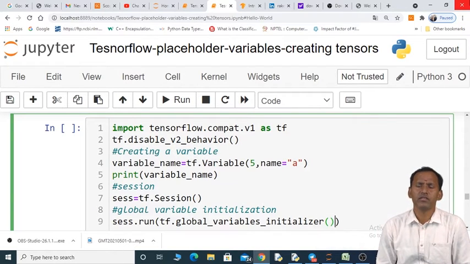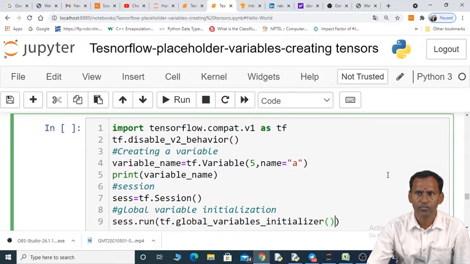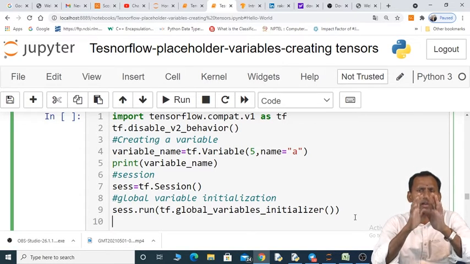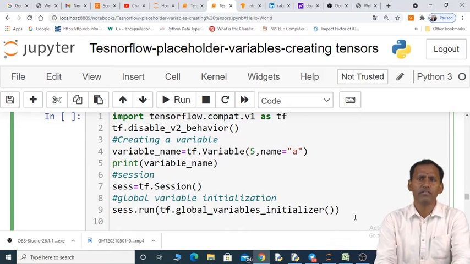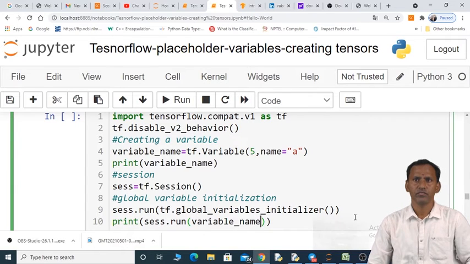This statement represents initializing all the variables. After that we can see the value of the variable on the screen. If we want to see the value of the variable on the screen, again we have to run the variable, we have to execute it. So print session dot run method, and the variable name is what we created, variable_name.